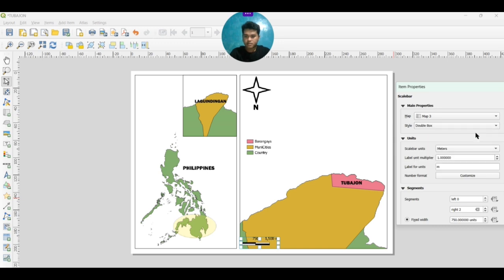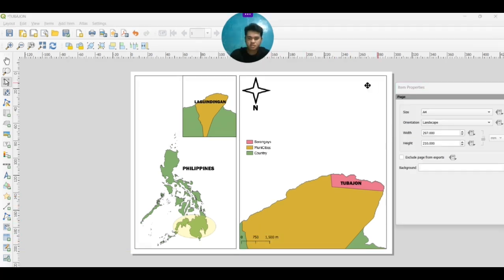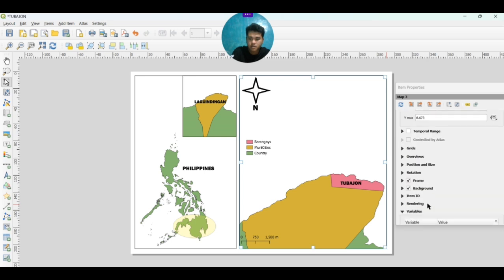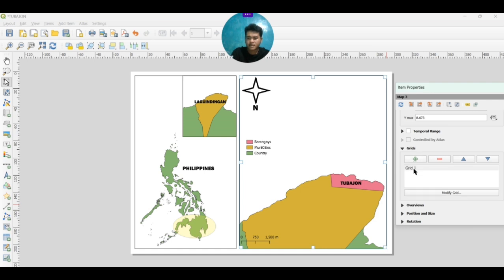And then I want to click double box or line tick down. So here, I just click for one. Once you're done with the bar, then the coordinate tells you what is the meter distance from it. It is very important for a map. Then you will be going for the properties and look for the grids. So click for grids and add.